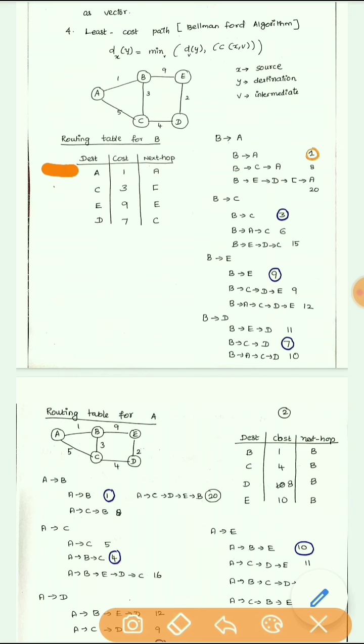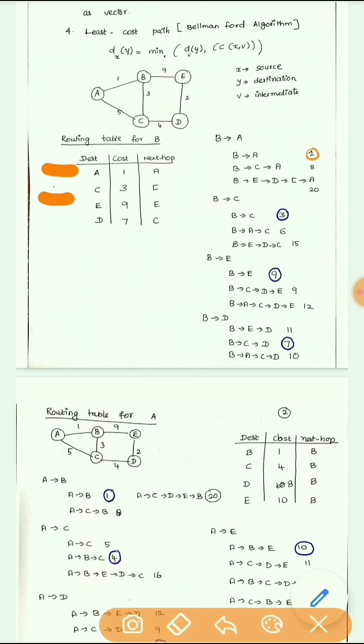So we need to fill the routing table now for the destination C. For the destination C, the cost is 3. You have a direct connection here for the cost 3. So the next hop is always C. It's clear. So if you are going to take the minimum path, that will be a direct connection. The next hop and destination will be same.